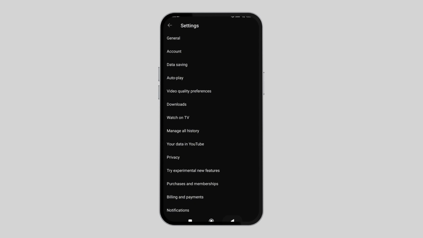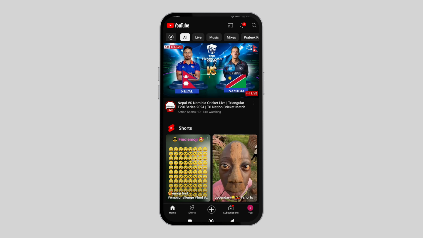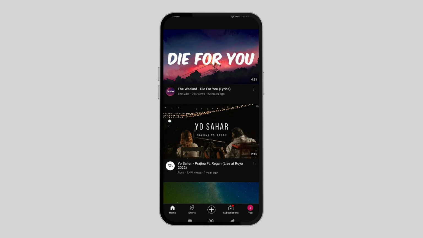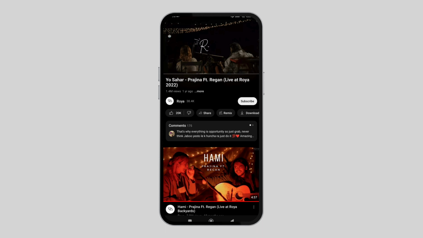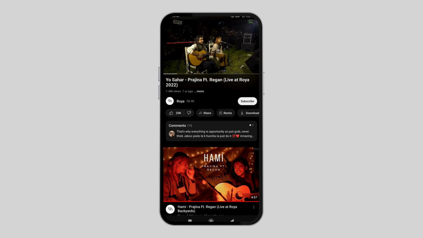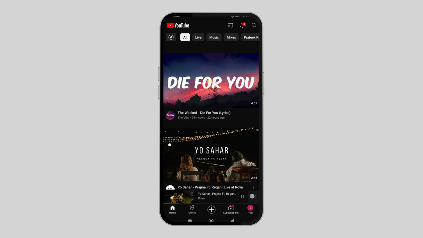Now go back to your home page and click on any video to check if you can rewind or forward your video more than 10 seconds or from the number you've chosen from. After you choose the video, just double tap on the right to forward it and double tap on the left to rewind it. So this is how you can forward and rewind your YouTube videos more than 10